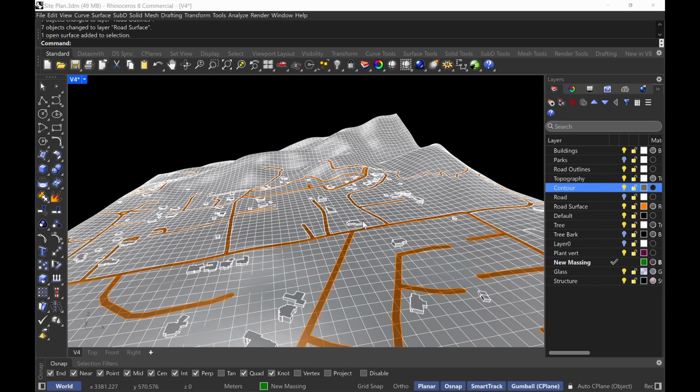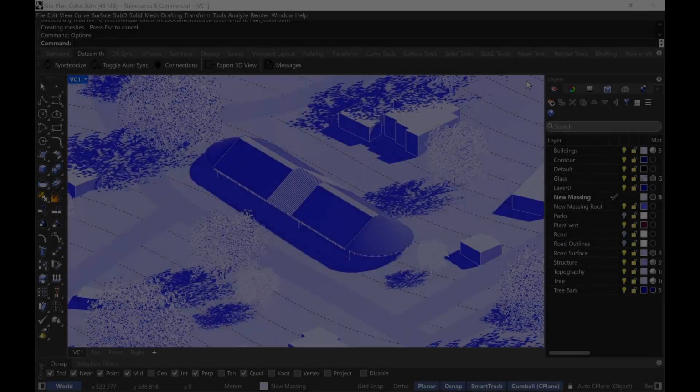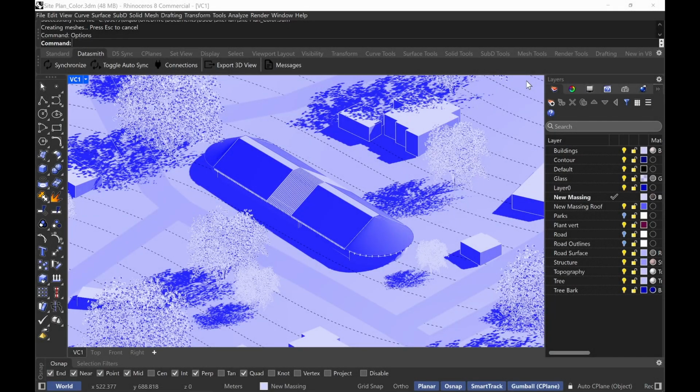And if you had other elements too, like let's say you had parks or bodies of water, you would do the same thing. You would want to split it so that you can give it a different color. Okay? So that's the first part of the video, which is really important, just how to set up the actual 3D site plan. The next thing we're going to do is work on the display settings in Rhino to